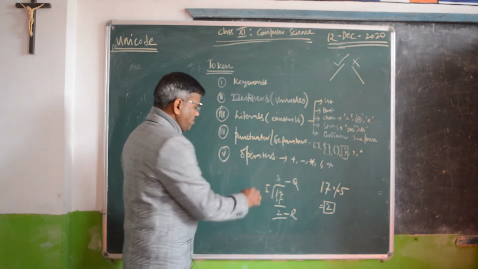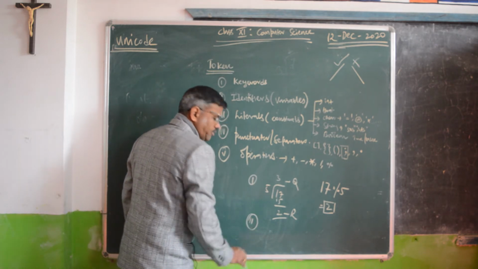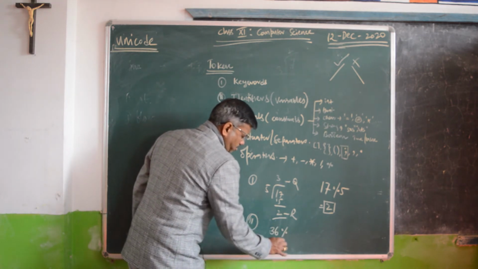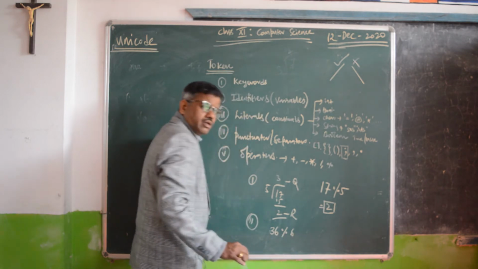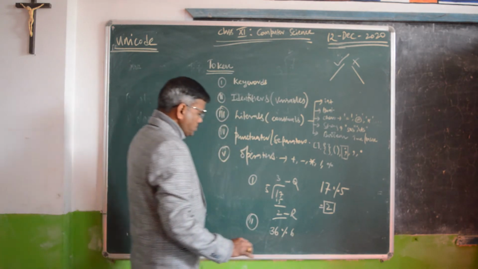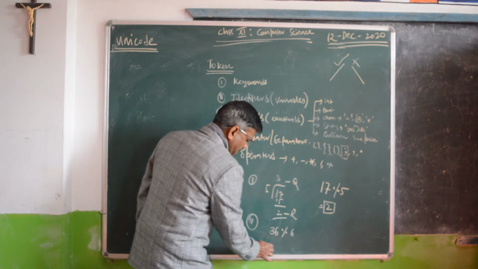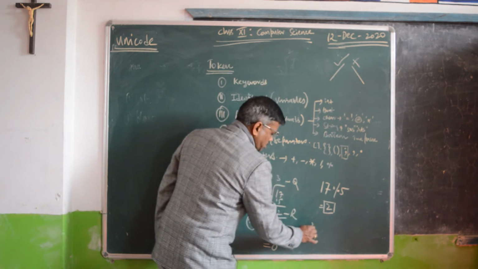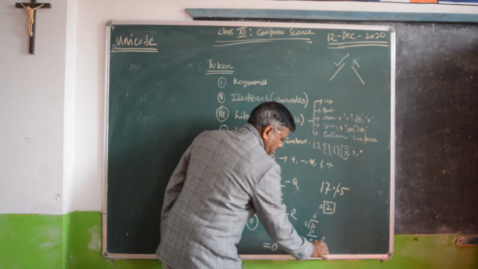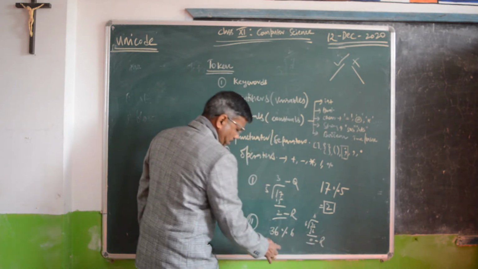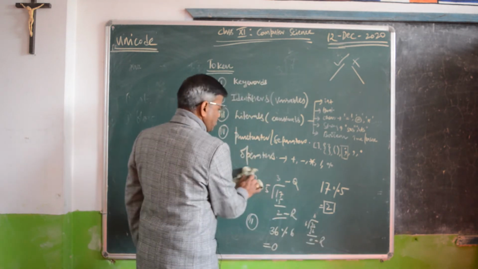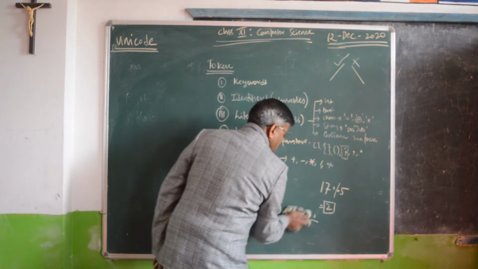One more example I'll give you. This is the first example, right? Here I go, second example. 36 mod 6. So 36 mod 6 means divide 36 by 6. The remainder will be 0. How do I do it? 36 divided by 6, 6 6s are 36. What is the remainder? So this modulus will give you the remainder as 0. Is this clear? Okay, now the next operator which I want to teach you, which is called